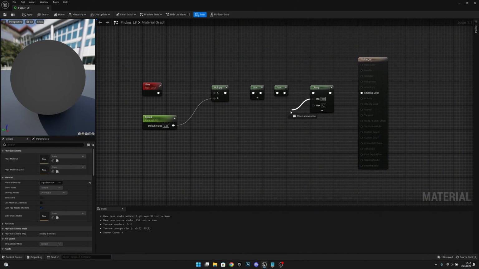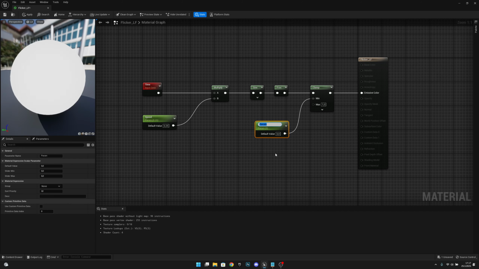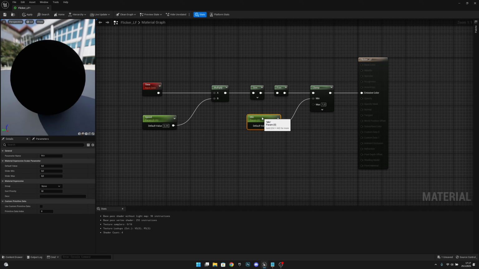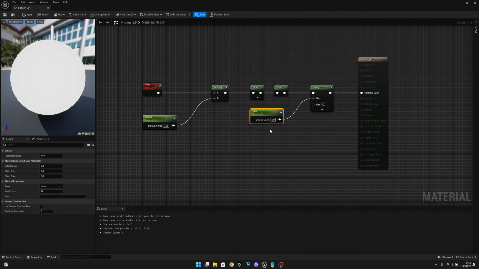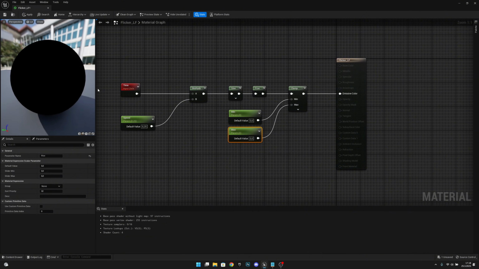Now, to the clamp, we also want to get a scalar parameter, and this will be called min. This will be the minimum clamp value. Now we want to duplicate this node, and we want to rename it to max. Let's connect it to the max. Like that. And as you can see here, now when we save,